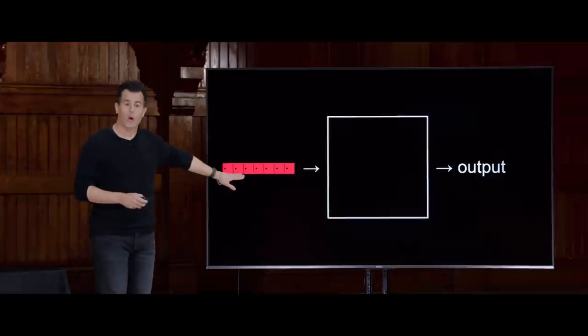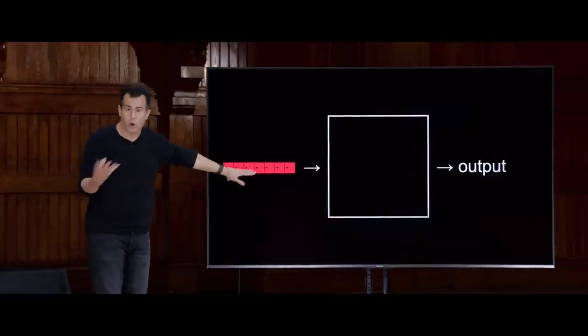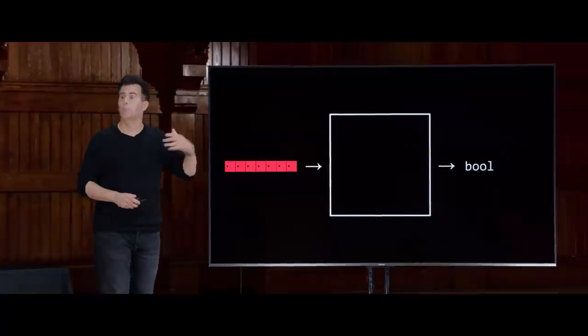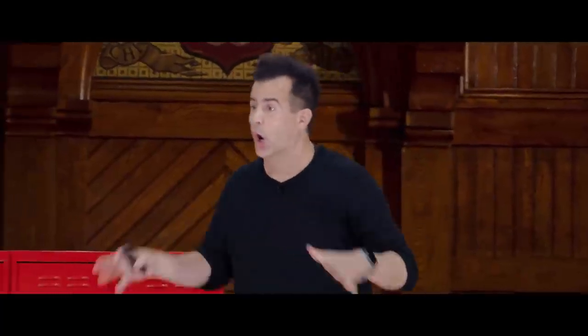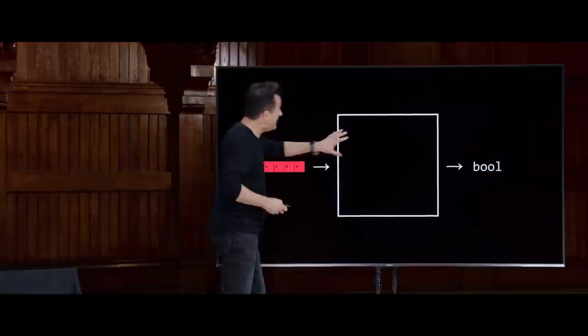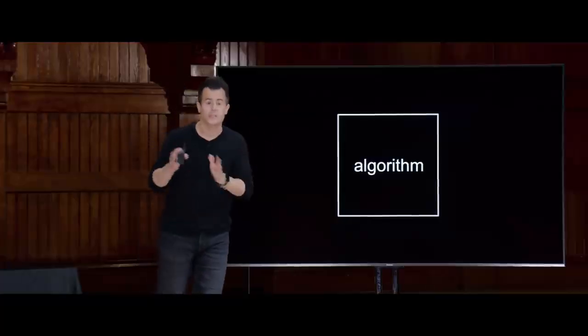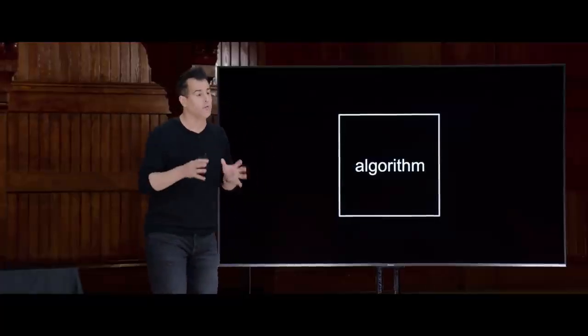Well, we have an array of 7 doors that might as well be locked up behind these doors. And we want to get as output a Boolean value, like true or false. Yes, the number 50 is here, or no, it is not. So true or false, respectively, will get the job done. And inside of this, of course, is going to be, as always, some kind of algorithm, step-by-step instructions for actually solving this problem. So how then would a computer concretely go about searching for numbers behind this door?